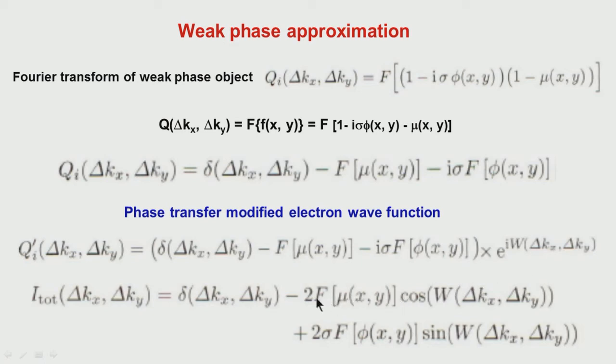And if we assume that the absorption of that sample is going to be 0, this corresponds to an intensity corresponding to the direct beam, and this corresponds to absorption. If the absorption is assumed to be 0, this term is, for a thin sample, negligible, then essentially these two terms decide. So, how much of the contrast is being transferred, the intensity variation between the direct minus this term, is going to decide the intensity at every point. So, that is what is going to decide how the contrast is going to come, it is decided by this function sin W.